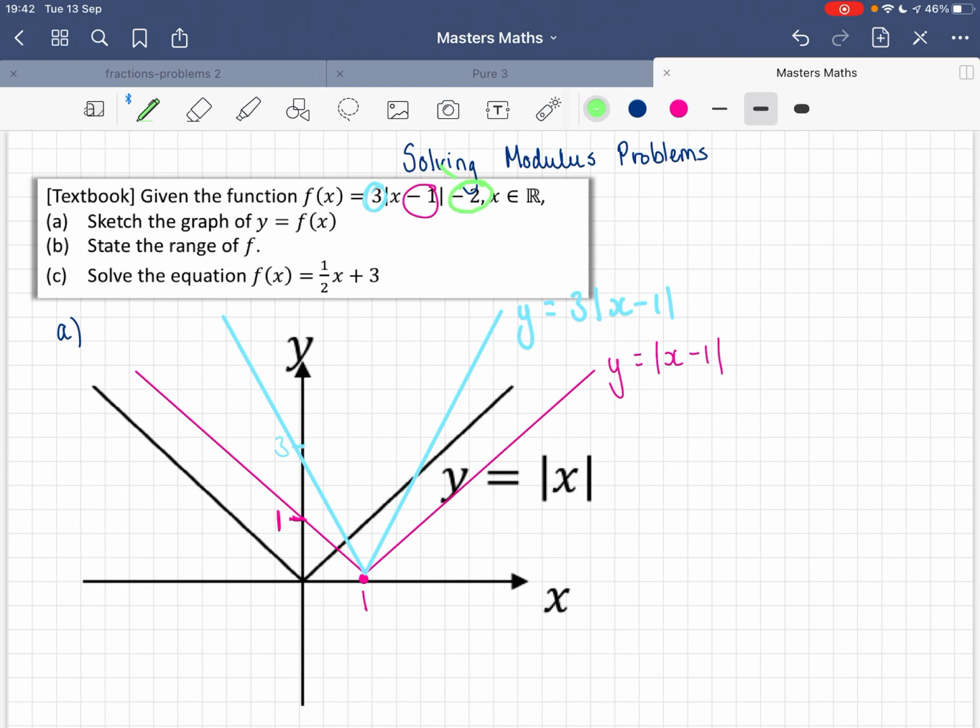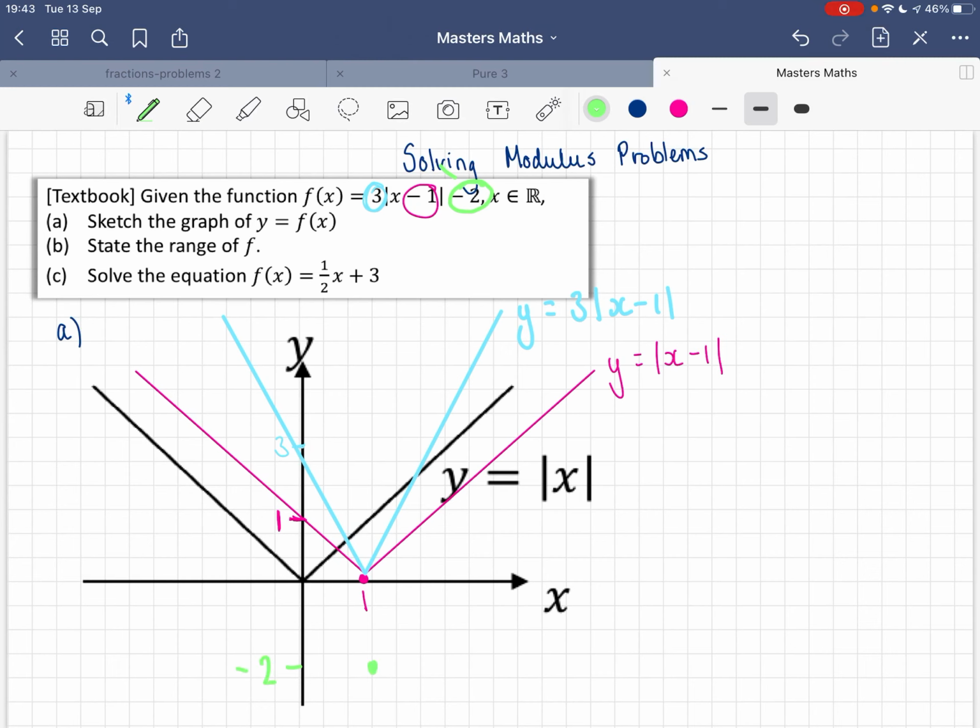it is a change in the y coordinate. It's a translation because it's minus 2, and because it's an effect in the y axis, we do it as is. We don't need to change any signs. If it's negative 2, we are translating the graph in the negative y direction, which means that our turning point now, instead of being at 1, 0, is now going to be at